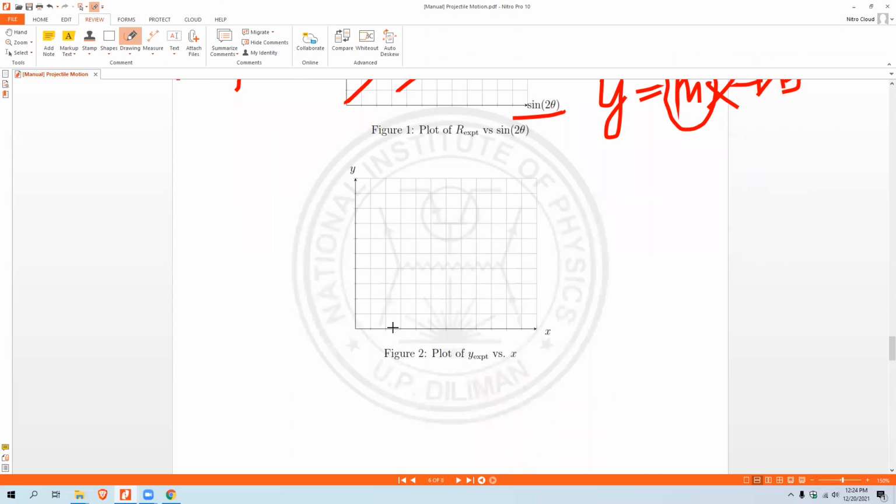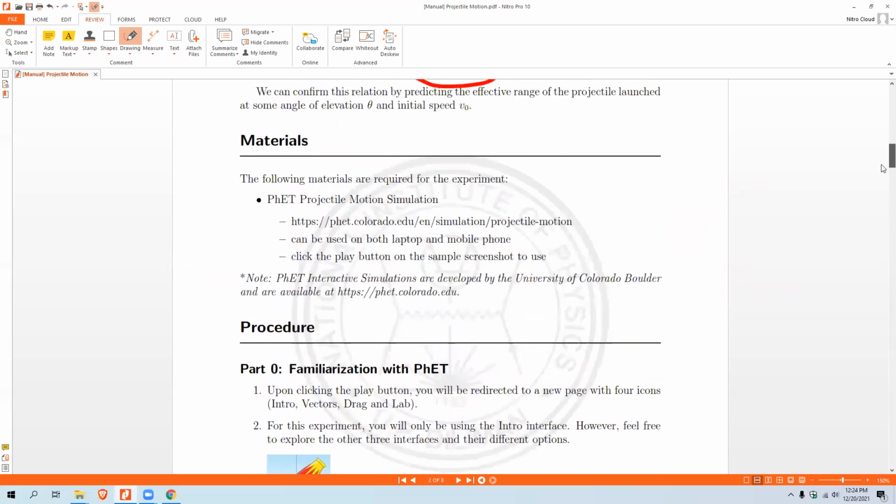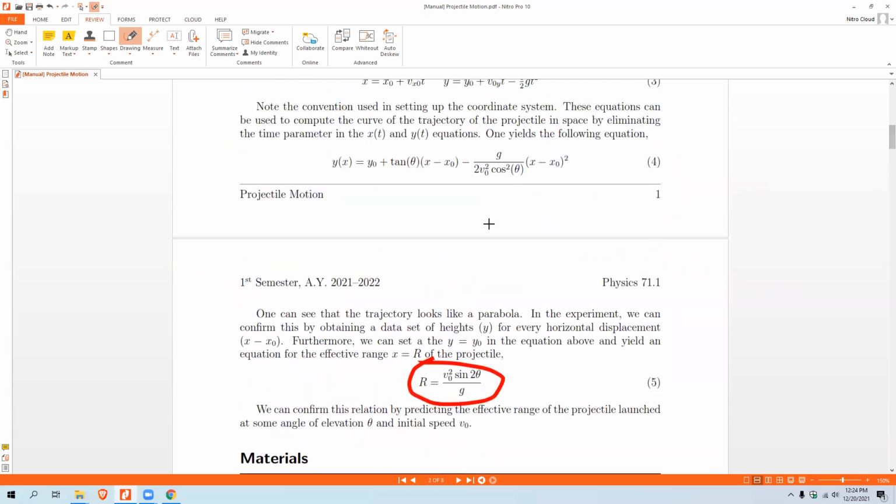So sa figure 2 naman, this is just a plot of y versus x. So para makita ang graph nito, we just have to go back to our equation 4. So sa equation 4, meron tayo actually graph na ng y of x. Pansinin niyo dito na ang highest order ng x dun sa right side ay squared term. So from algebra,